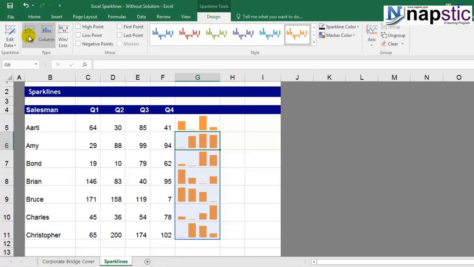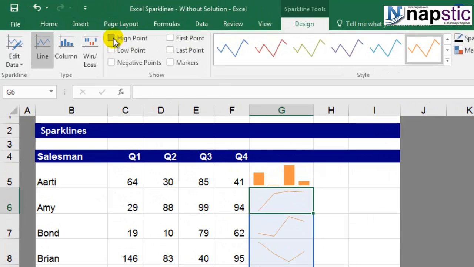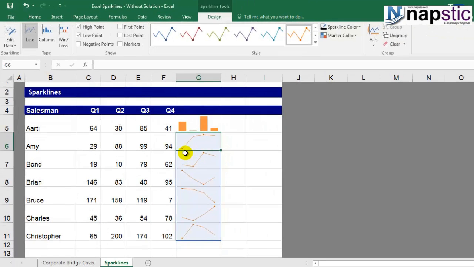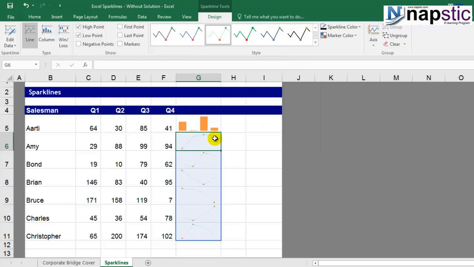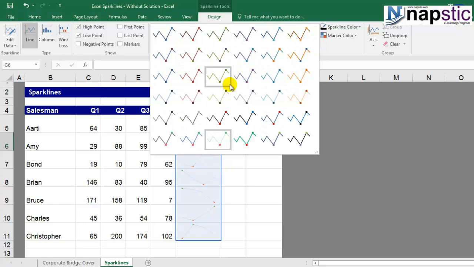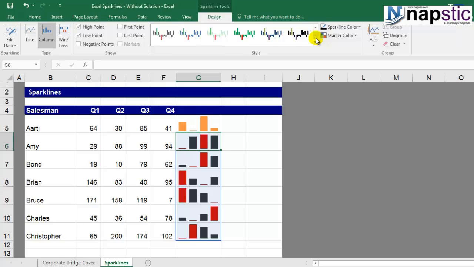Now if you were to make it a line chart, under line chart we have one more option which basically gives us the high and low point. So if you select the high and low point, you'll see that there are dots which are available. This is the highest quarterly performance and one of them is the lowest. If you want to distinguish it better, you can choose these various color options that are available, and you will be able to see the high-low points. So this is one addition to the sparkline that you can do if you want to improve it more. Let's again come back to the columnar chart only.